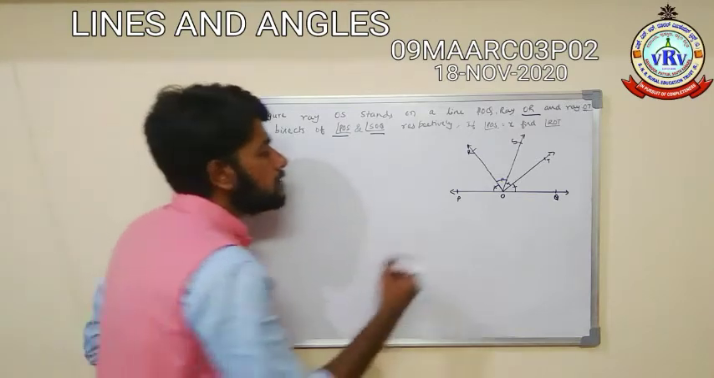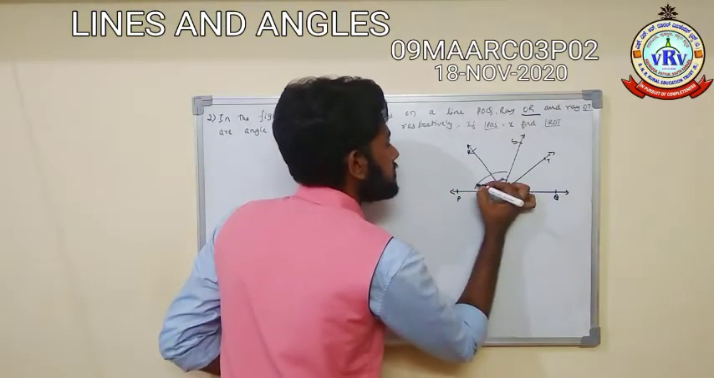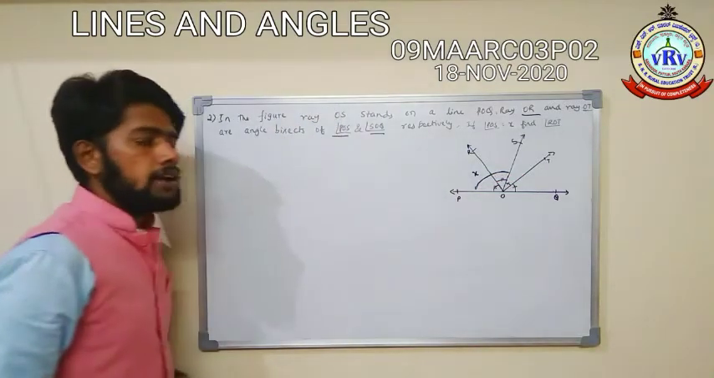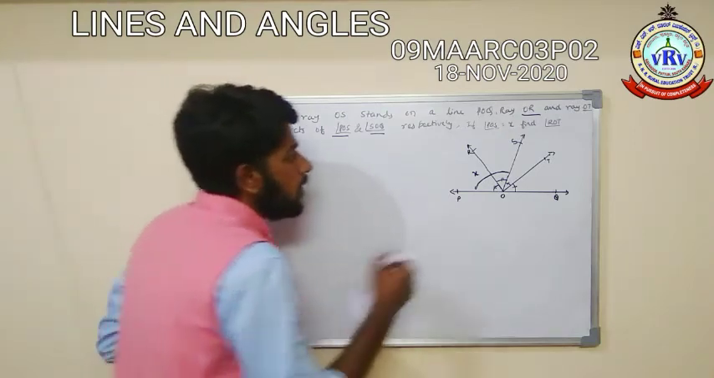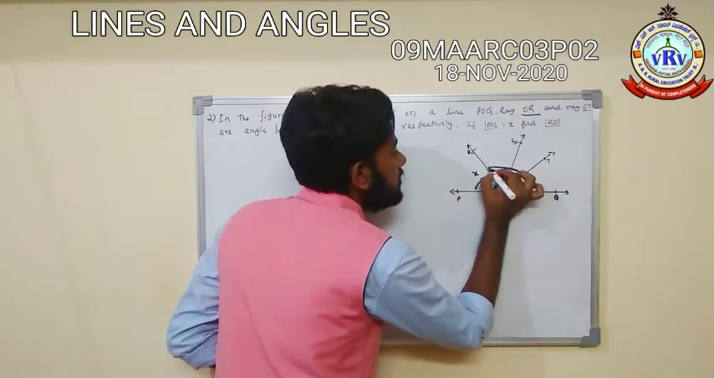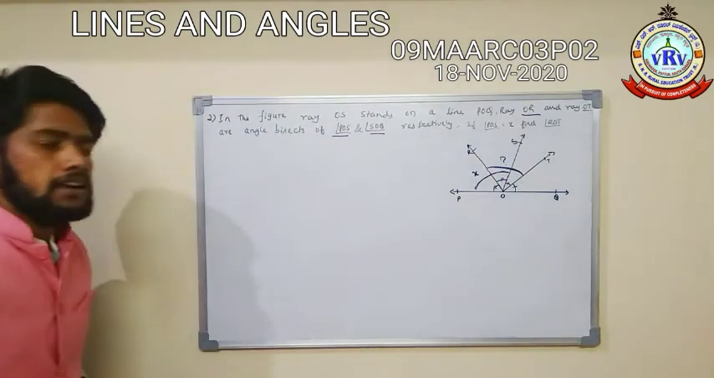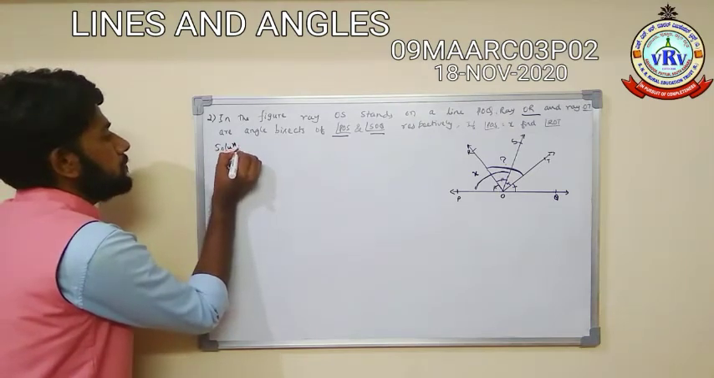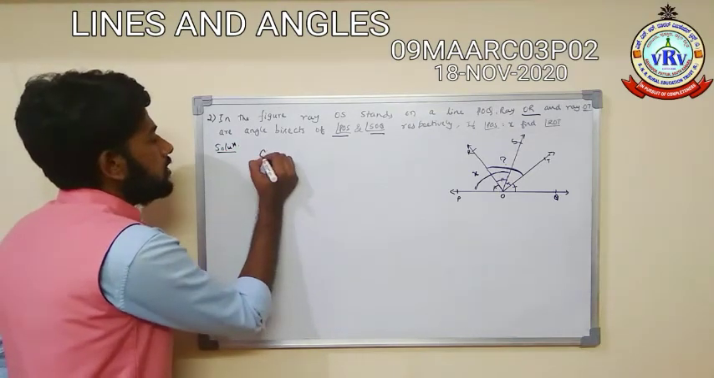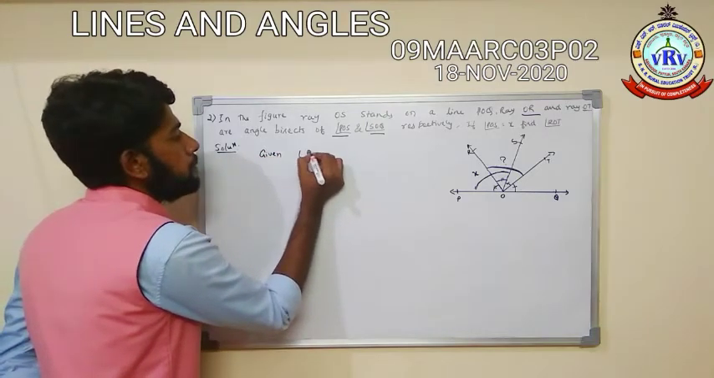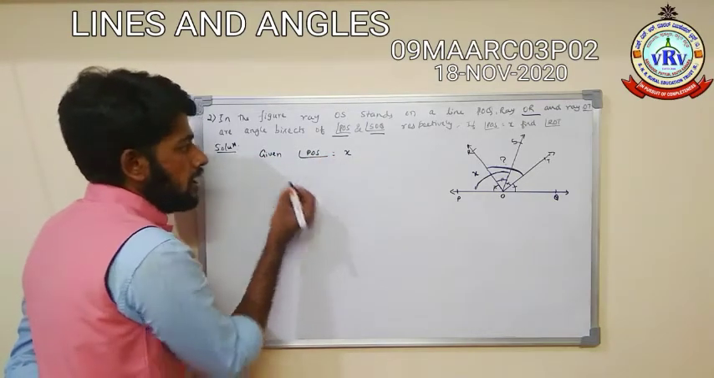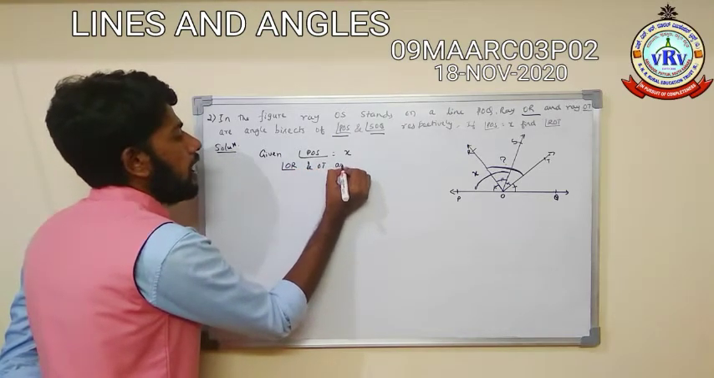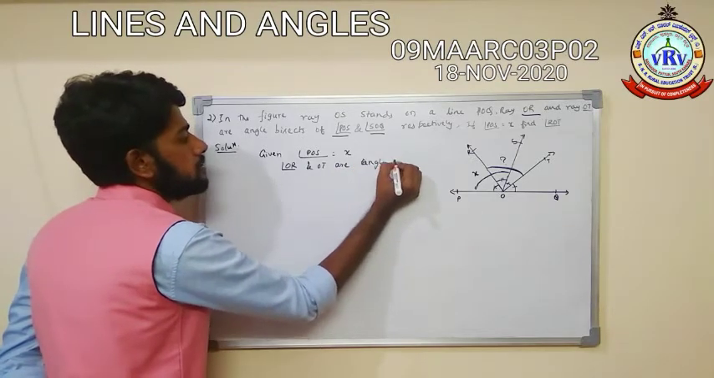And they are mentioning that angle POS is equal to x, and they require angle ROT, this angle. What is the value of this angle? Let me solve this. Solution. First, what they are given: angle POS is equal to x, and OR and OT are angle bisectors